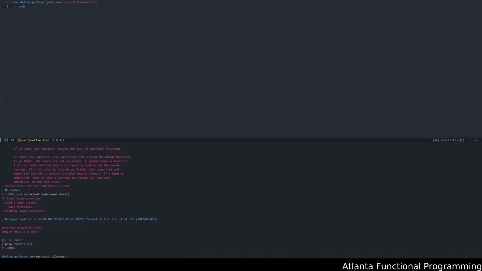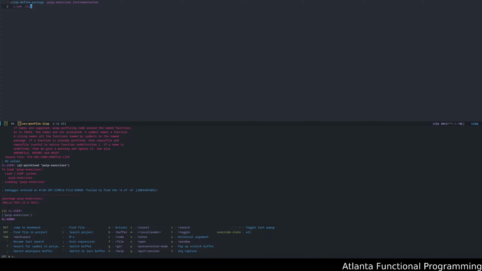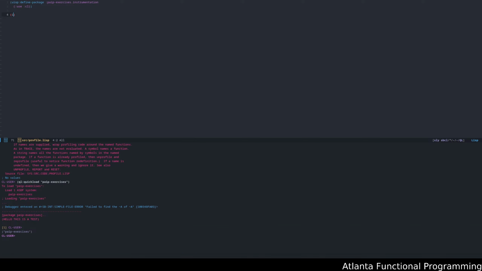And use, not user, use CL. Okay. Let's go ahead and load this. And also, let's add ourselves in PAIP exercises.implementation as well. Okay, so we're now in the instrumentation package.